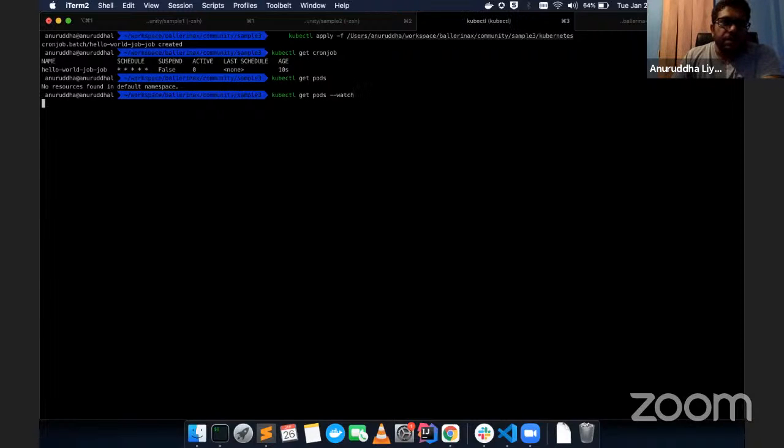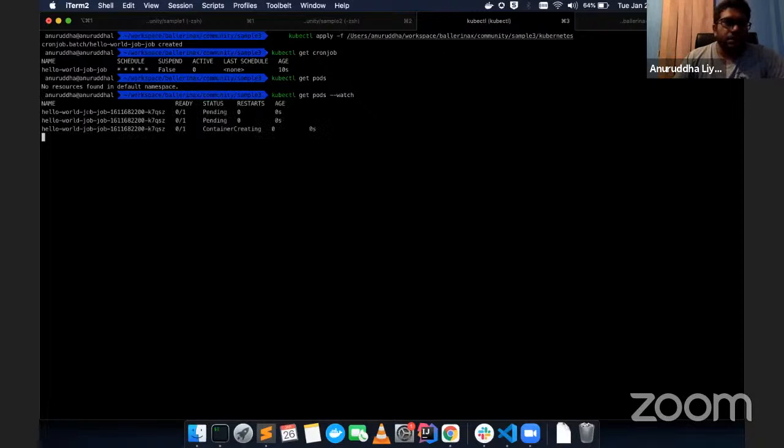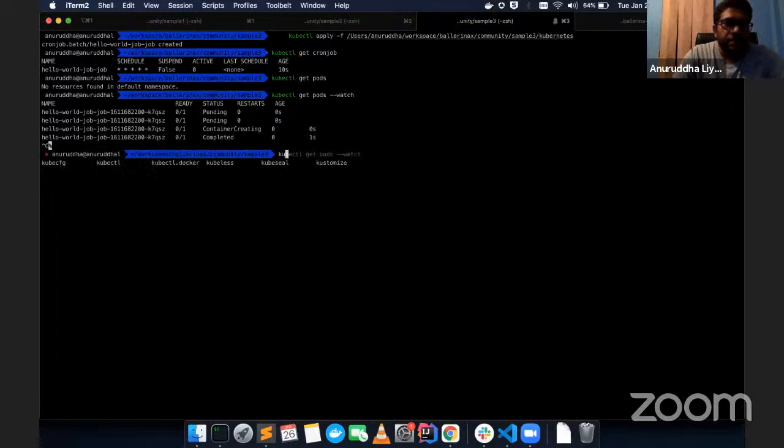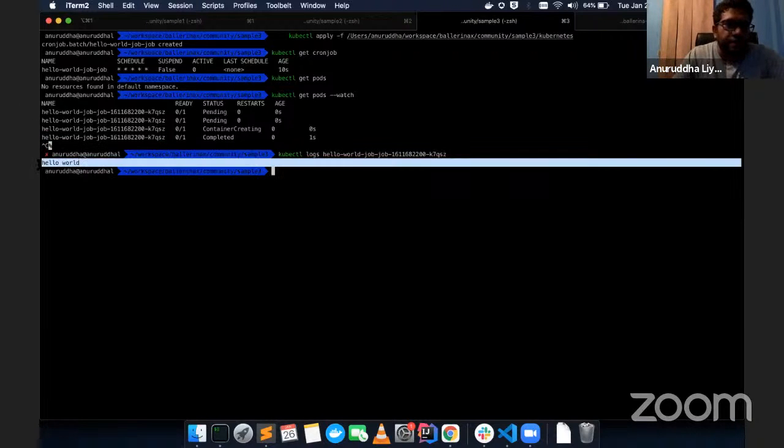Once a minute passes, it will be created and executed. Okay, so the container is created and the job is completed. Now if we look at the logs of this pod, we see that hello world is printed.